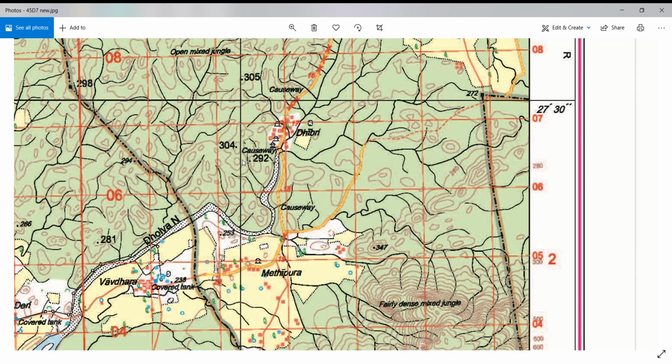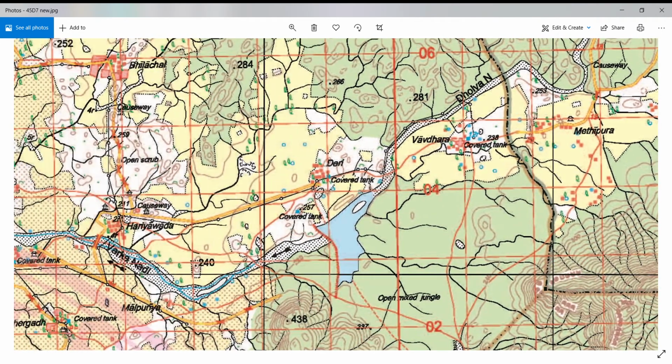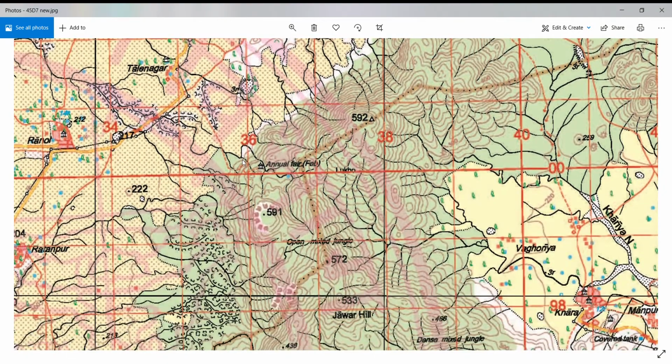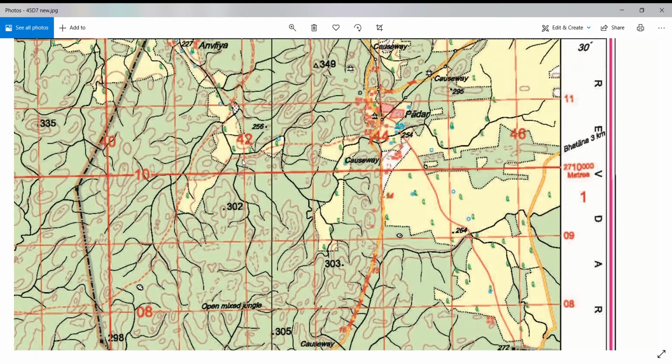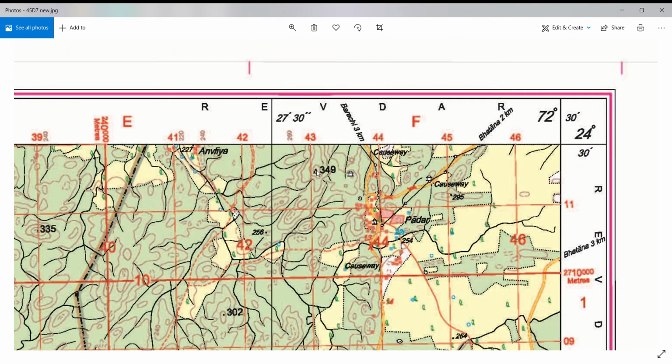Now next is triangulated height 349. See where the trend is and where 349 is. 349's height will be in this area only, because the 300s are in this corner. So here is 349. It is located on easting 43 and northings 11. Find 43 what, 43.1 very clearly, and 11 is like 6, so it is 11.6. So the answer should be 431116. 43.1, 431 and 116. That should be your answer.